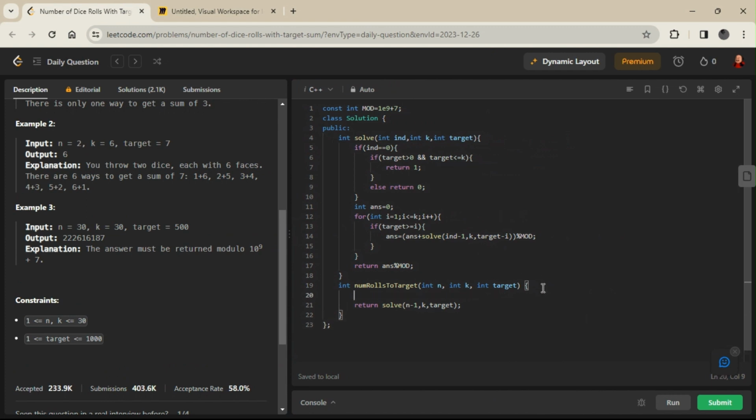So now to write the dp code, you can observe that in the solve function two variables change, which are index and target. The variable k does not change, so that means a 2D dp.